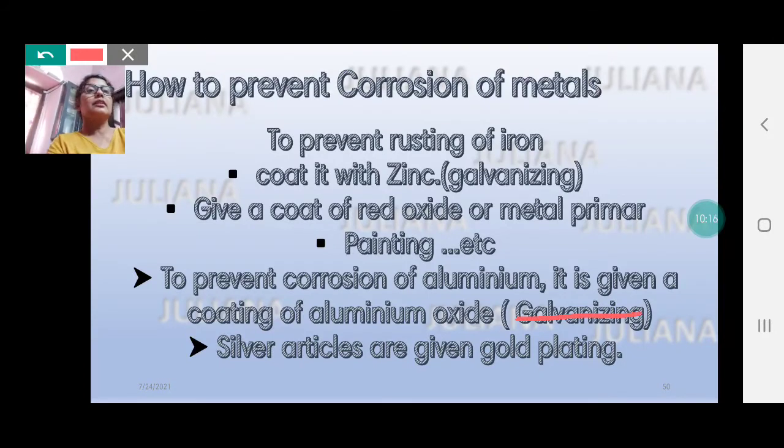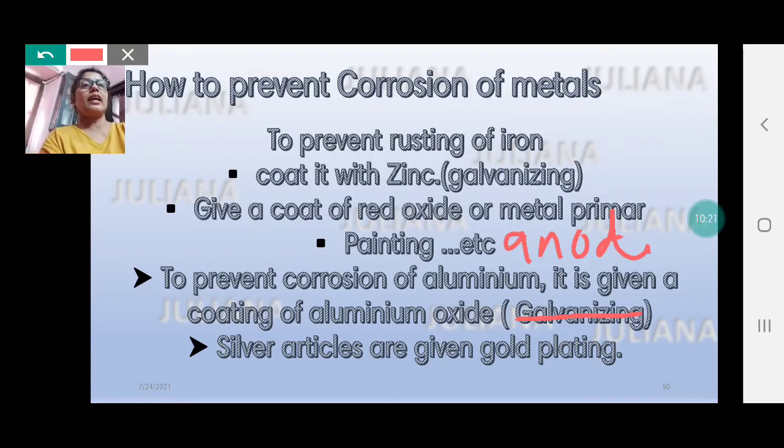So you'll find anodized metals, and you get many of these anodized aluminium vessels in the market today. They are actually the best for any type of cooking, because metal salts are normally formed during these reactions, especially when we use aluminium or iron. So the best coating is aluminium oxide. Instead of allowing it to get oxidized, we give it a coating of aluminium oxide, so that it further prevents the oxidation or corrosion of aluminium.